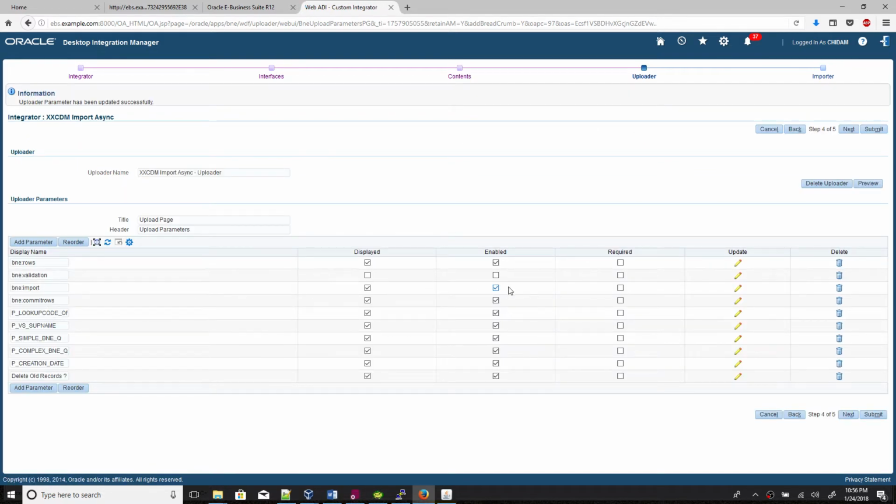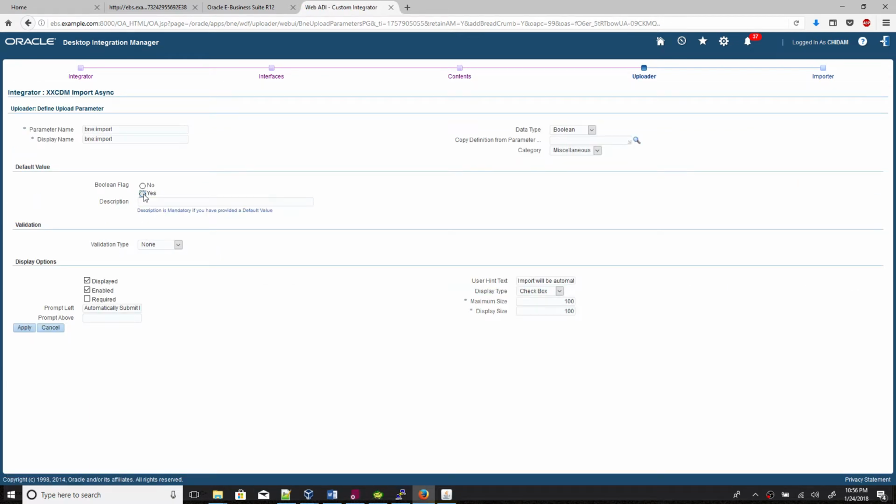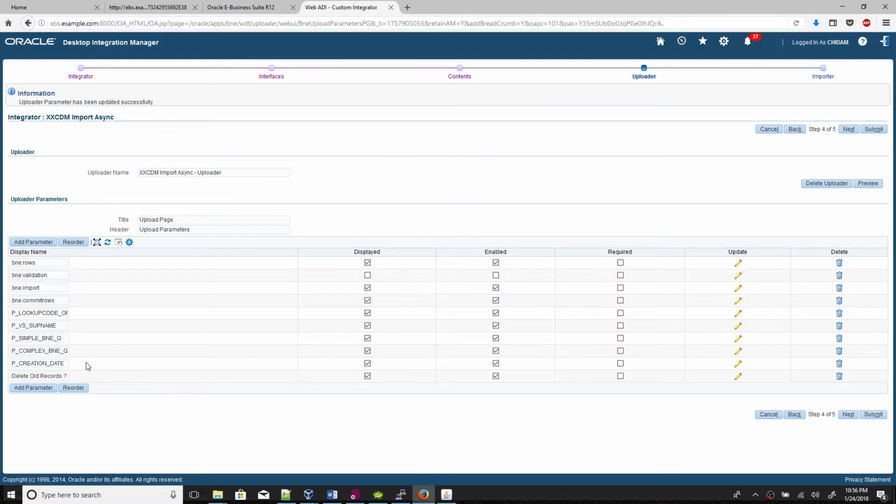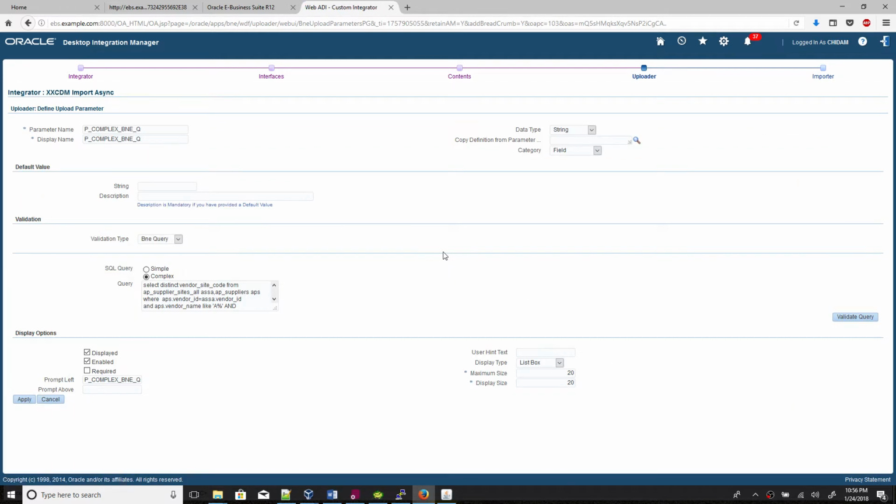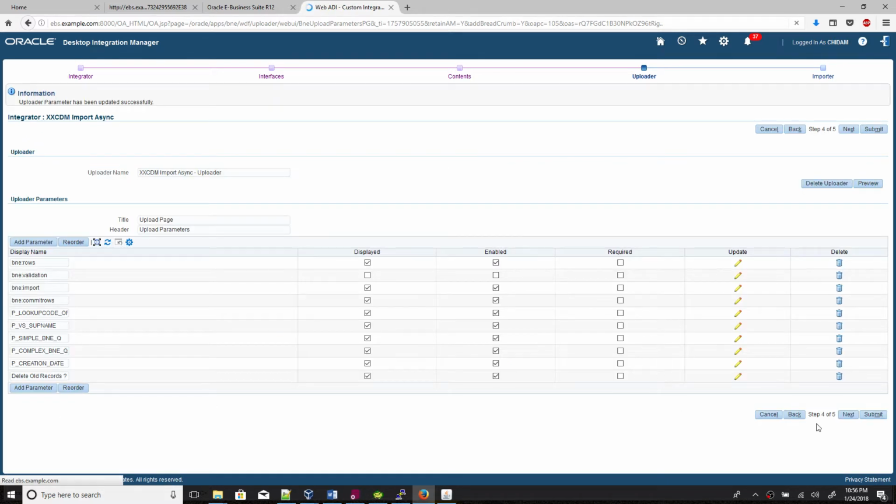Then the import option is there, right? Click that update, click yes, here put it Y. It will not ask us for user confirmation whether we can import or not. Just make it yes, click apply. BNE complex query, you can check it one more time. Okay, good with that. Apply, go to next,